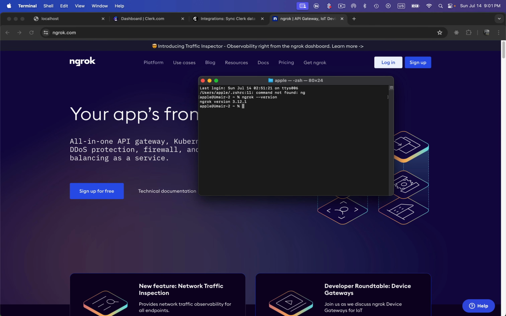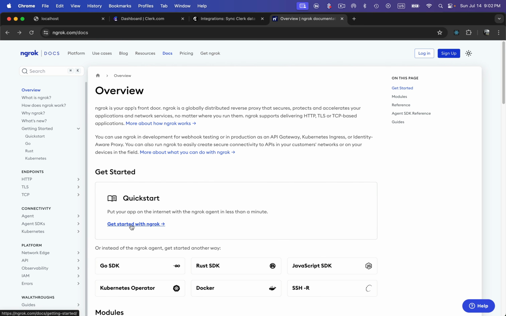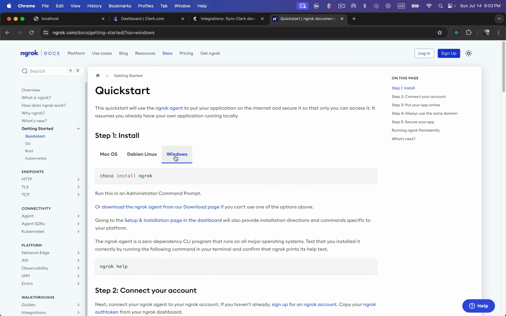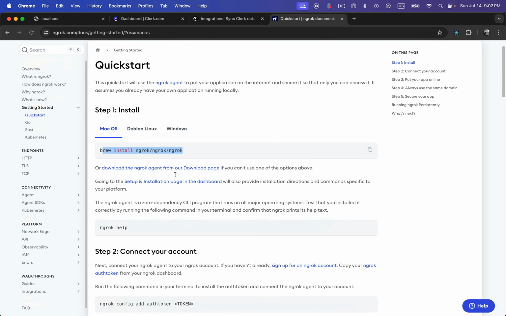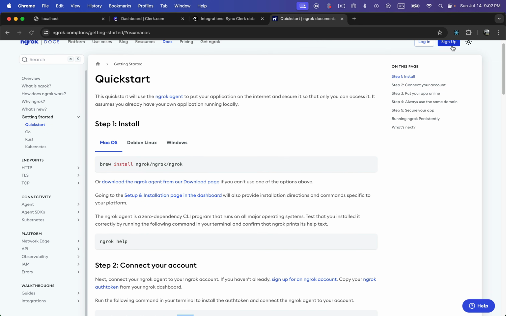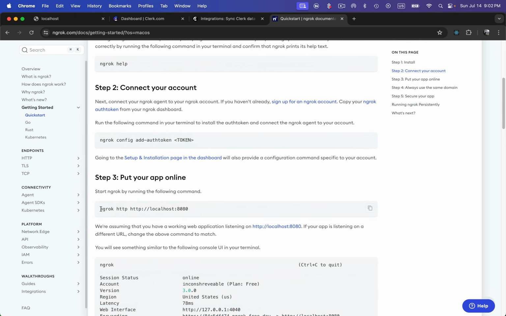You can install it, and let's go to the docs. Here I'm going to go with Get started with ngrok. I used this command on my Mac to install ngrok on my system. You can click on Windows, and you can use this to install on Linux and Mac. Once it gets installed, we need to run this command and give the token, which you can get after you sign up with your account. You will have this token on the dashboard page of your account. Once you have installed this token, you can run these commands to convert your localhost URL into the public